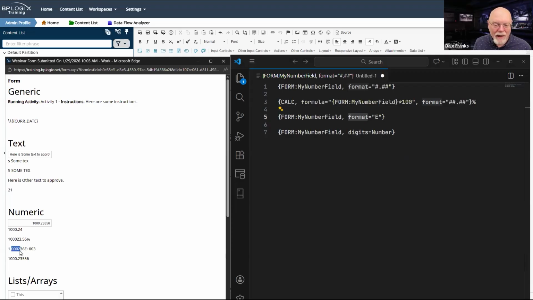So to get that actual number, I would just have to move the decimal point 3 places, and that would give me 1,000.24 in this case, or 1,000.236 in the exponential notation case. So you can just convert large numbers automatically to exponential notation, and you can convert them either way.